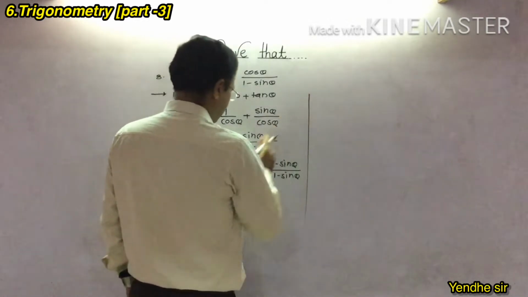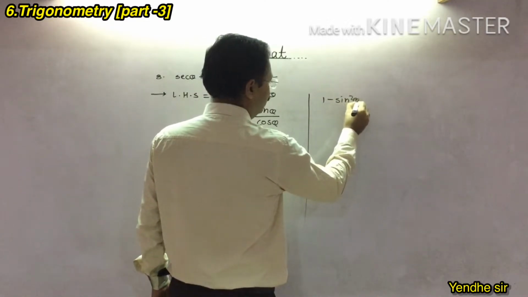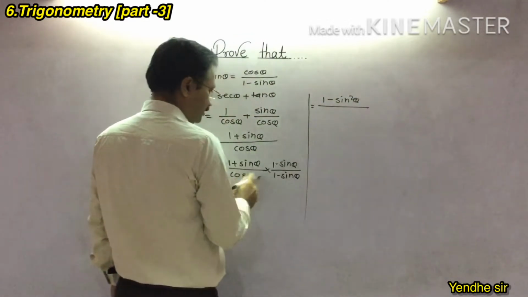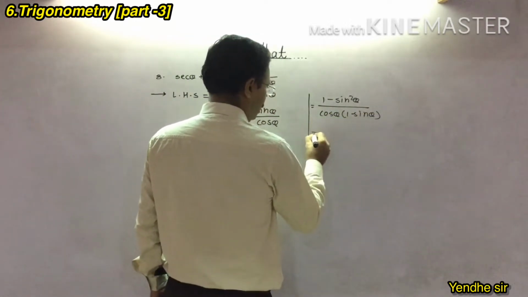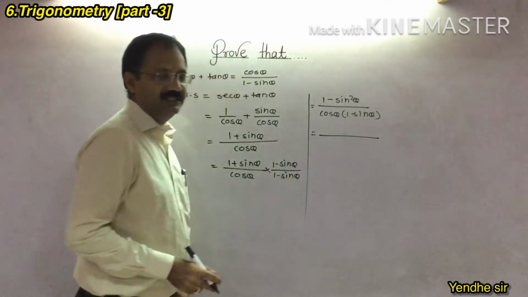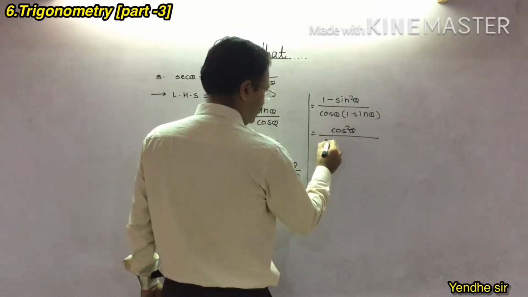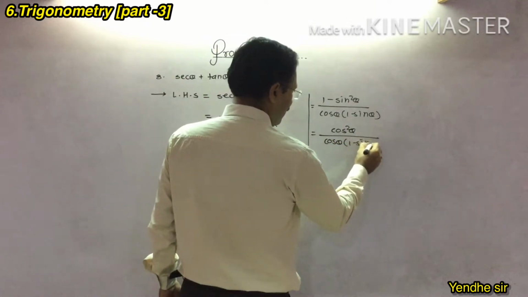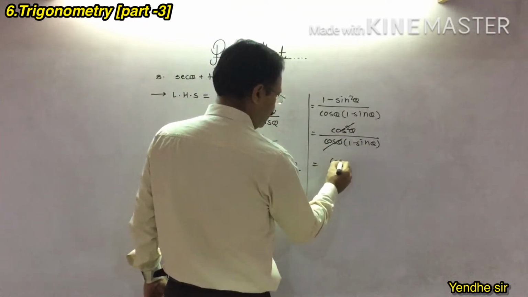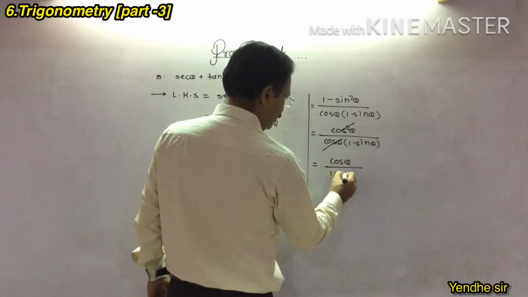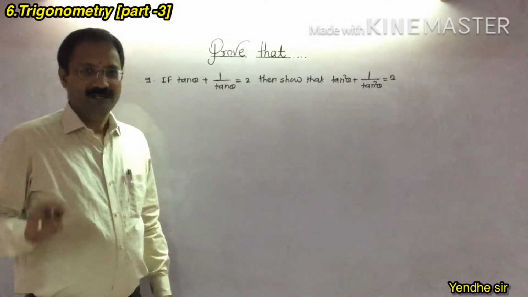Okay. Now multiply it, you will get the answer like this. In the numerator, here it is 1 plus sin theta, 1 minus sin theta. So it is 1 minus sin square theta. Then it will be cos theta in bracket 1 minus sin theta. Yeah, we know that 1 minus sin square theta means what? Cos square theta. So I have written cos square theta and it will be as it is. Always remember that in denominator don't multiply it. One cos will be cancelled. You will get cos theta upon 1 minus sin theta. And this is our RHS.